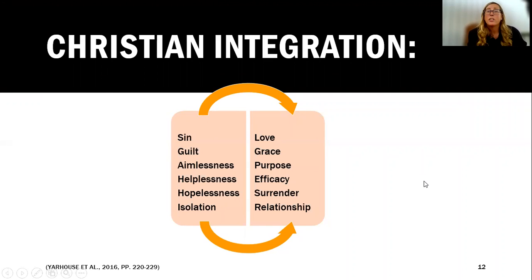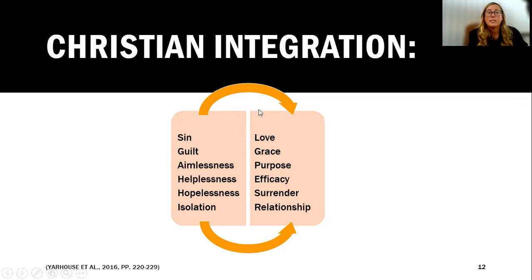So some things that I feel are extremely important in integrating any type of Christian faith, especially for those who are struggling with bipolar condition, would be to really help them to learn their identity in themselves as well as their relationships. So an identity for themselves, you can see here, I have some basic concepts in which with bipolar condition, it can be really easy to have a sense of shame and guilt and worthlessness and hopelessness and some of those symptoms. And so I really want to take a look here at starting with identity,